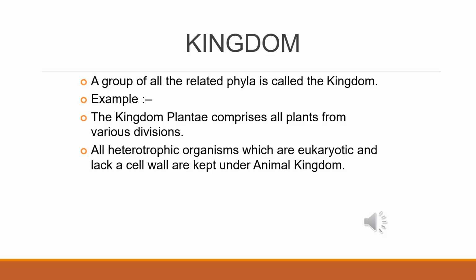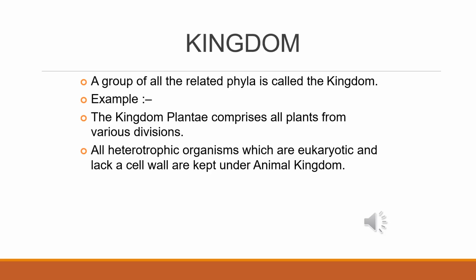It's observed that the number of common or correlated characters is maximum in lower ranks or categories. The number progressively decreases with the rise in the rank of the category. Species of genus Panthera have several similar traits. The different genera of family Felidae have a smaller number of similar traits. The different families of order Carnivora have still fewer, while orders of class Mammalia are related to each other by fewer common traits. Therefore, the higher the category, the greater is the difficulty in evaluating the relationship of its components or other taxa of the same level.